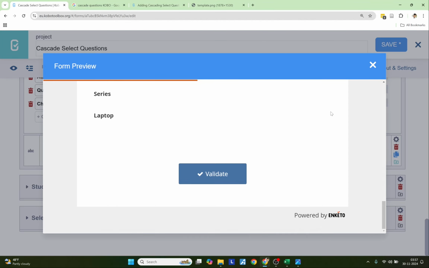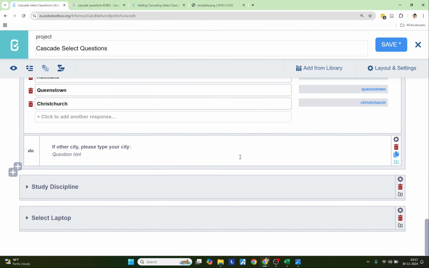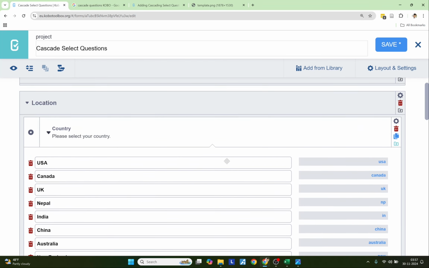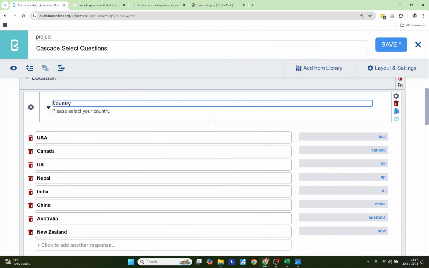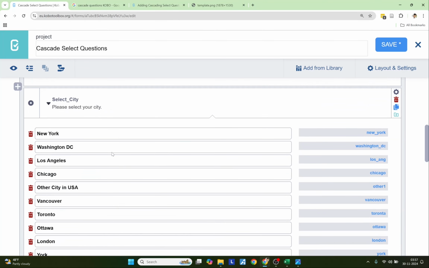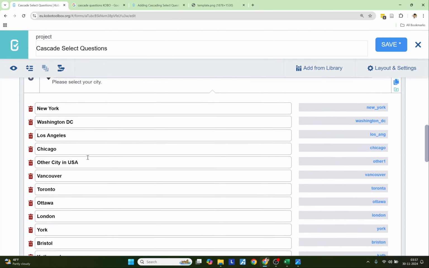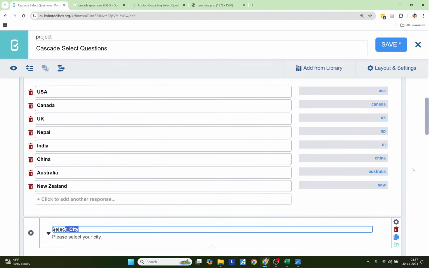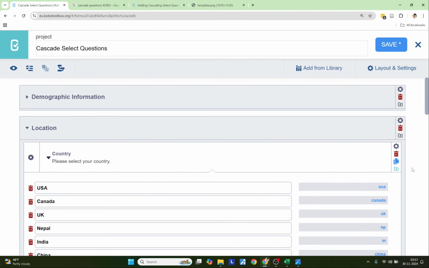So this is how cascade select questions work. And you can see it over here. Our list name is over here. Our labels, that is country name, is over here, and the code for the country is over here. Again, the list name is over here, the label or the city name is over here, and the code for the city is here. I hope you learned about creating cascade select questions, and don't forget to save your progress,